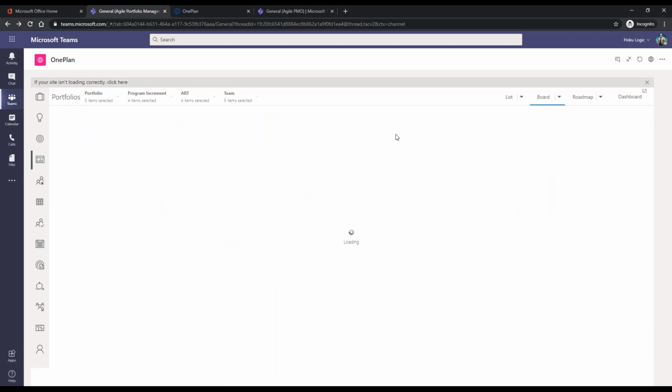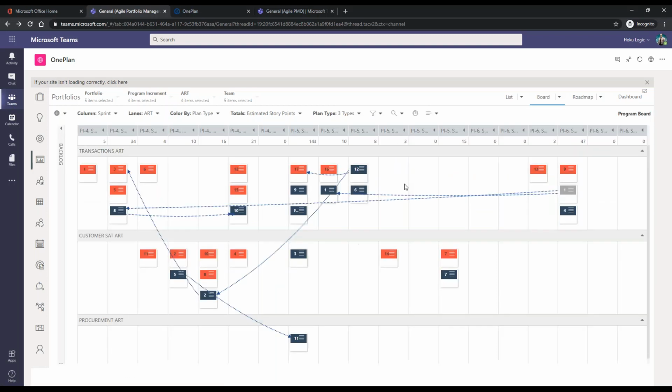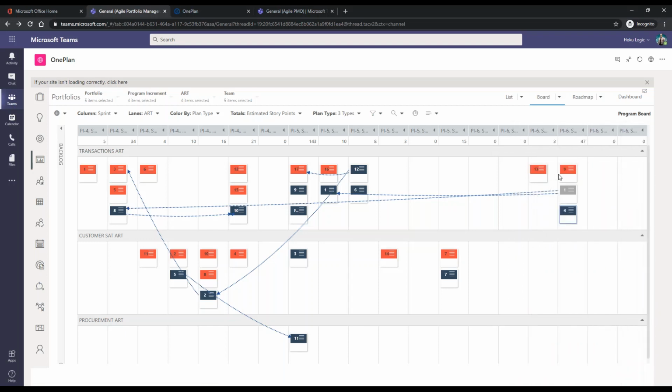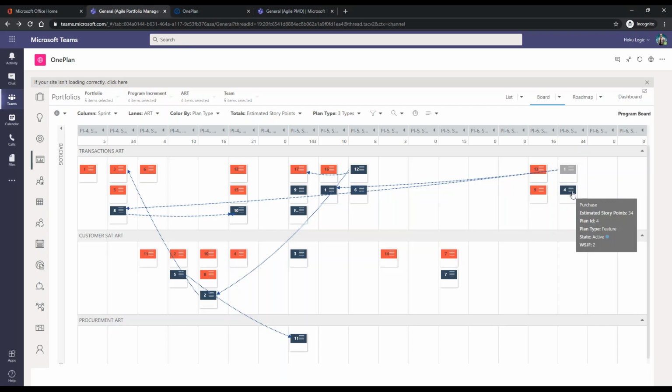So I'm going to go ahead and also add user stories here, using quick edit. I want to add items to my shopping cart. Okay. So are any of these? So this could be a risk because we have our PI 6 SP4, sprint 4, and we have a story that's going to go at the same time. So you know what? I'm going to go ahead and move it here just to give ourselves some buffer so that we can make our completion of our